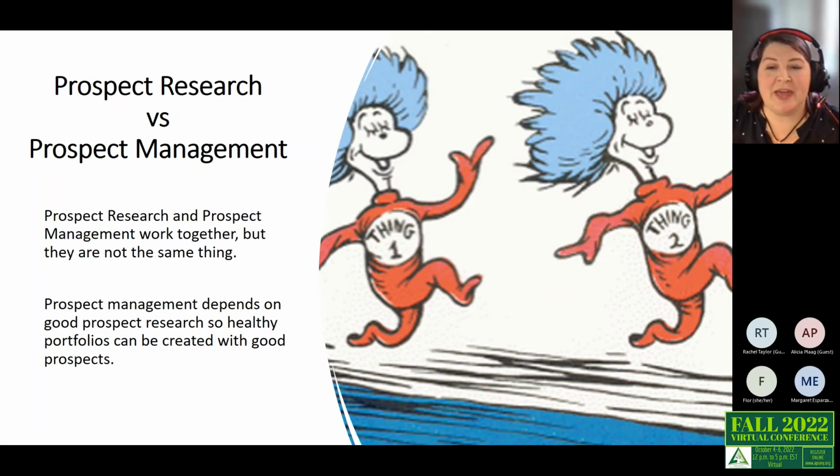The goal is to have your gift officers working efficiently and effectively with the right prospects in order to have optimal results. And while most shops have adopted some form of prospect research in their team, we're now just trying to get shops to adopt prospect management as a standard part of their team structure. It's a vital part if you want to get the best return on your investment from your team as a whole, but some shops are still resistant to it, and some shops might not feel they have the resources to do it. So that being said,